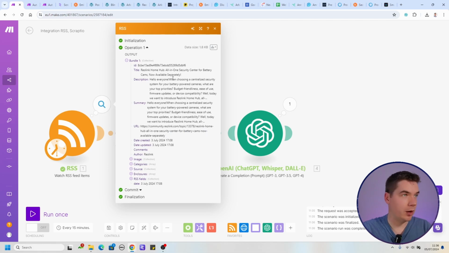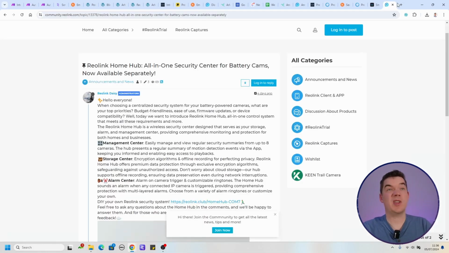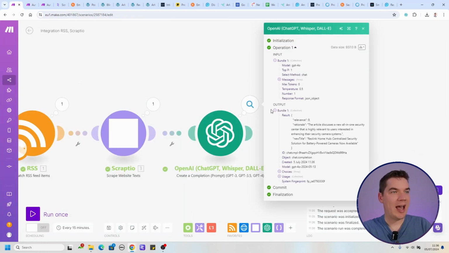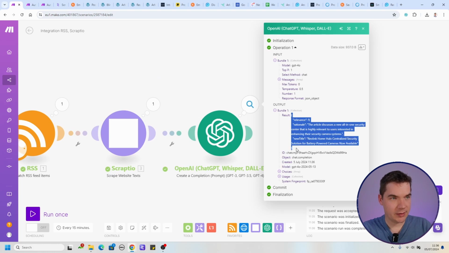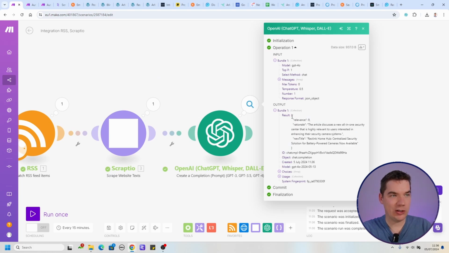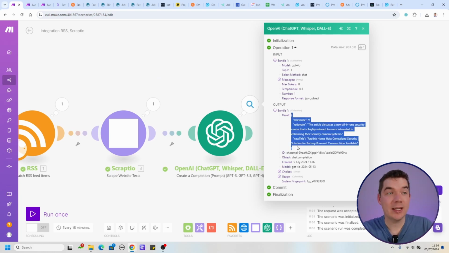And just so that you're aware, here is the URL that we are basing this off. That's the news item effectively. So this product is now available separately. So what we have is a great response. What we need is to parse this. So what we're getting back here is just a piece of text, and we need to structure this now in